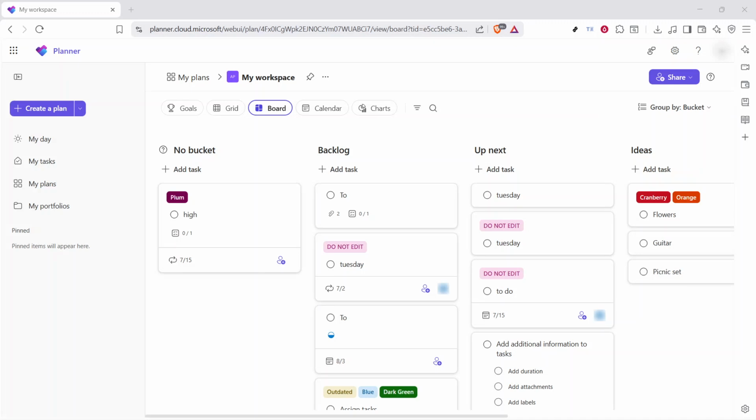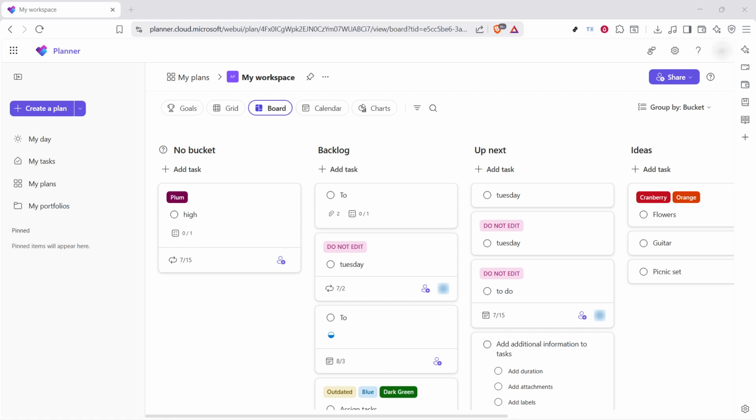In today's video, I'm going to teach you how to create subtasks in Microsoft Planner. If you want to break a larger task into smaller, trackable actions, using subtasks is a simple and effective way to do it. In Microsoft Planner, these subtasks are created inside the checklist section of a task. This is especially helpful when a single task includes multiple smaller things that need to be completed before the whole